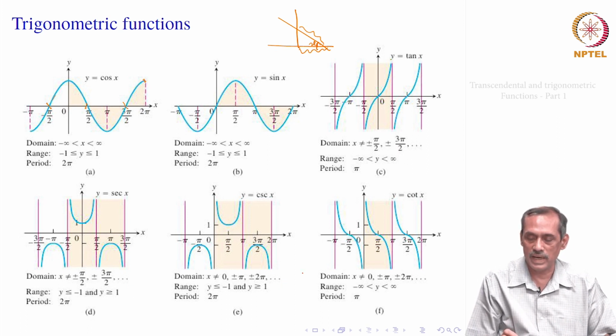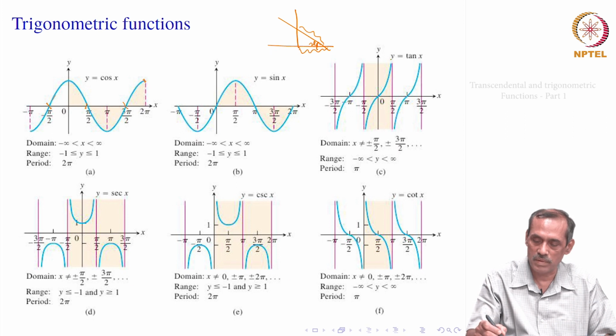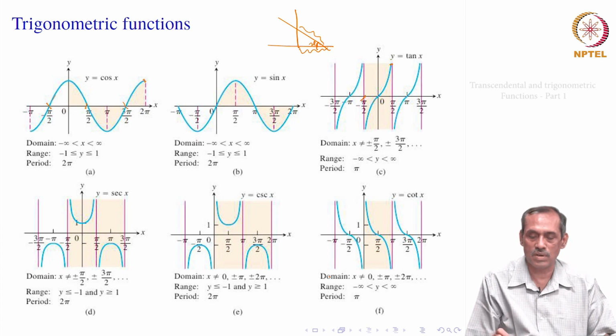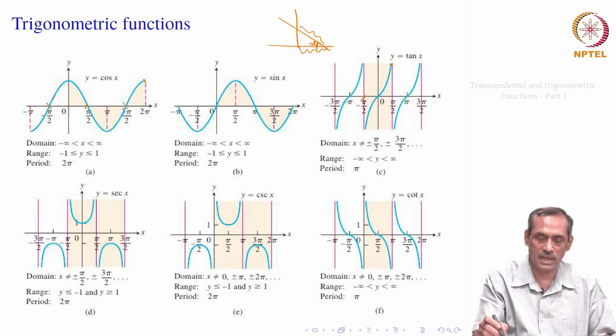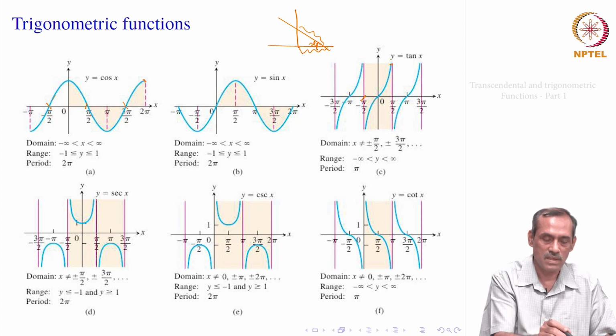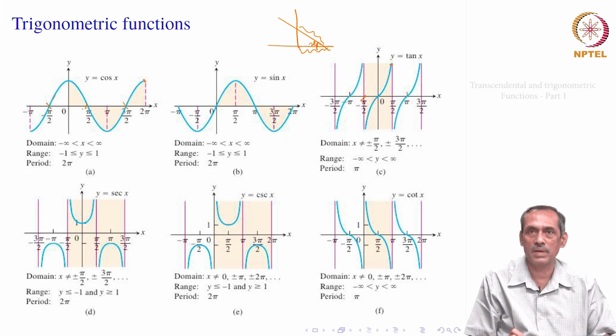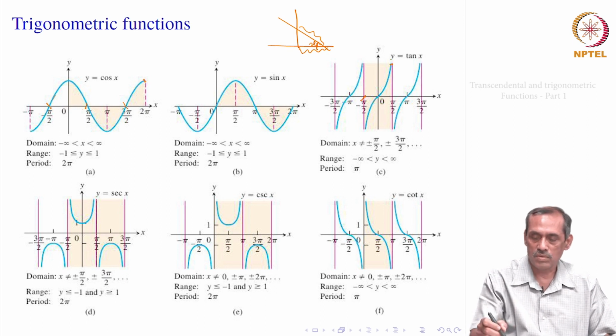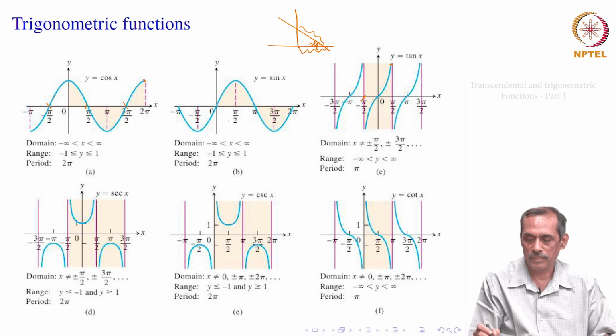And if you take y equal to tan x, its graph from minus pi by 2 to pi by 2 will look this way, and the same thing is repeated everywhere. But at minus pi by 2, tan is not defined, and at pi by 2, tan is also not defined, because at those points exactly tan is equal to sin x divided by cos x, and cos x becomes 0 at minus pi by 2 and pi by 2. So, these are not defined at these points: minus pi by 2, pi by 2, 3 pi by 2, minus 3 pi by 2, and so on. In the form 2n plus 1 by 2 into pi, at those points tan is not defined.